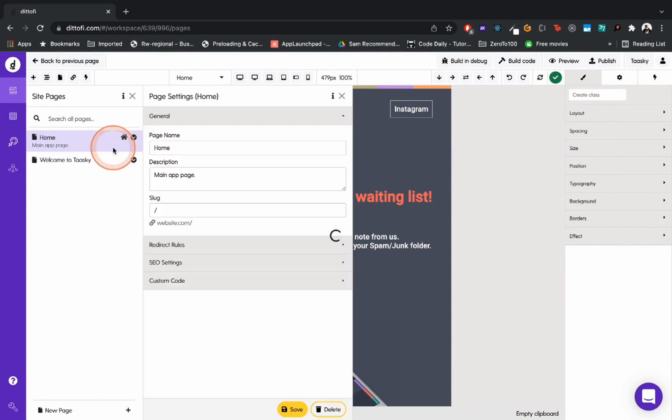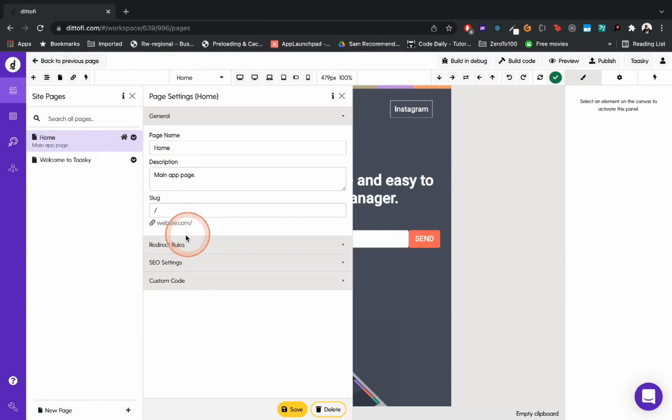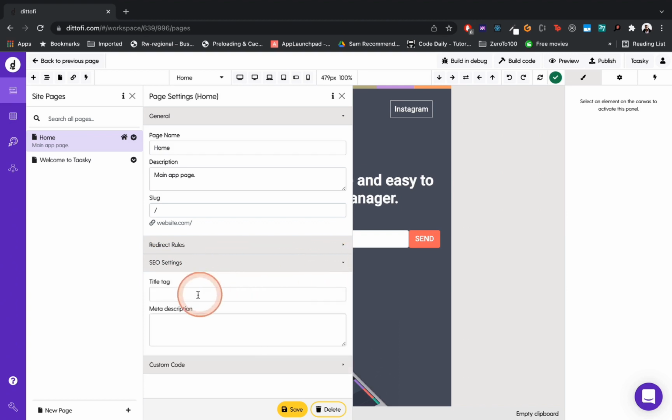It has regular page settings, but on top of that, you could also set up SEO settings. That's search engine optimization settings. What are those? You could set the title tag, aka what is Google or any other search engine going to pull up and show people in their search engine response when people are searching for your page or whatever you put in here as description. And in the meta description, this is also more information that you give to search engines to display or to search and be able to rank your page.